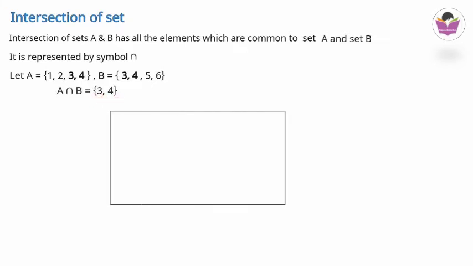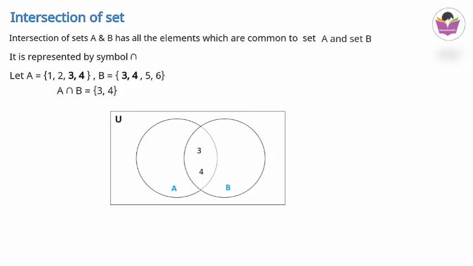So let's visualize this by using a Venn diagram. The universal set we have marked by drawing a rectangle. Then there are two circles. Since in this intersection we are having two common elements, the circles will be overlapping in a particular portion here. So we mark the sets A and B, and then we have marked the common elements 3 and 4 in the common portion of A and B.